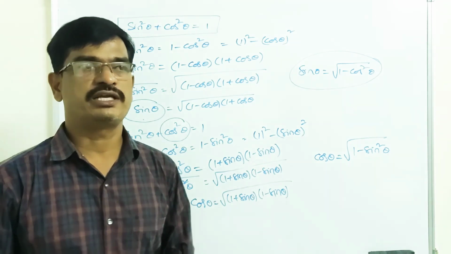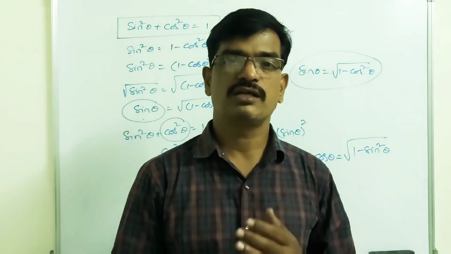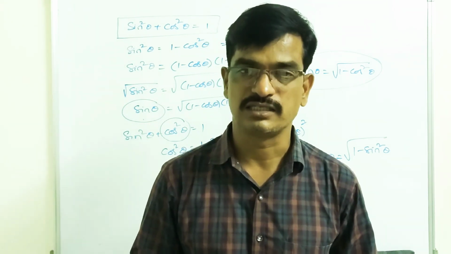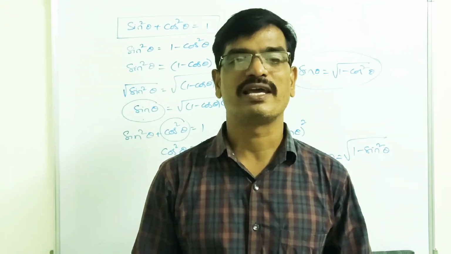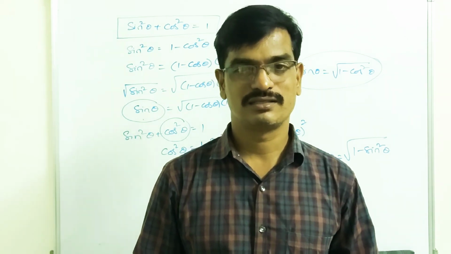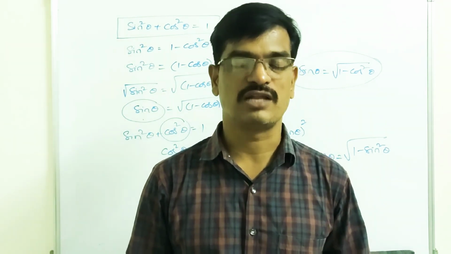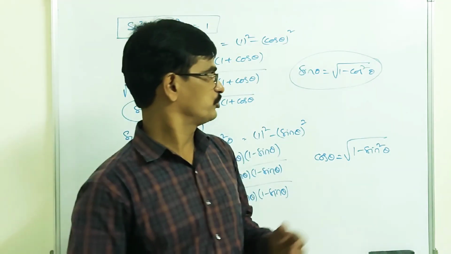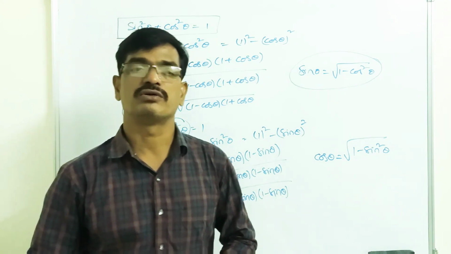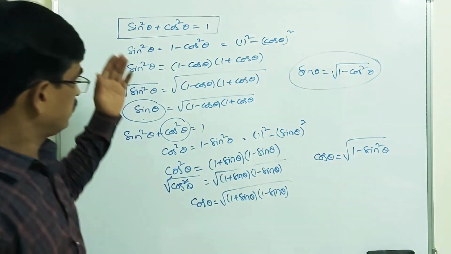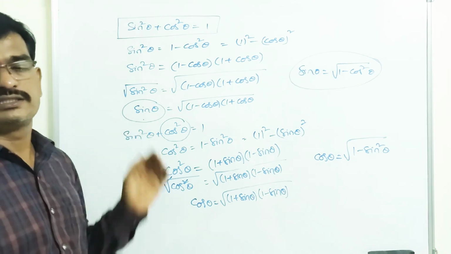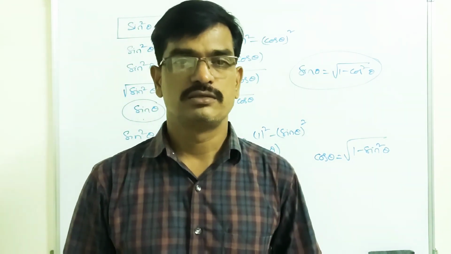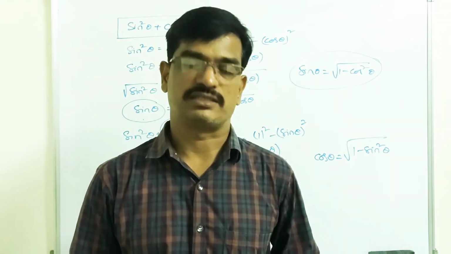Not only learning, whatever concepts, definitions and formulae you have learned, you must apply wherever they are useful to solve the sums. Today I am going to end this class, and tomorrow the second identity, that is secant square theta minus tan square theta is equal to 1, we will prove in the next class.